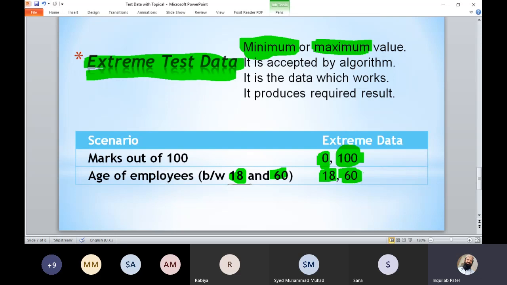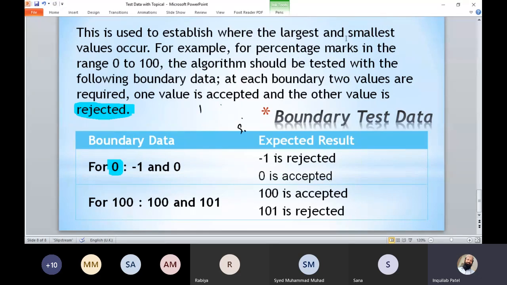These are considered as extreme data. But sometimes we have two values at each limit. If we have two values at each limit, one value will be at each margin, at each limit. One value will be accepted and the other will be rejected. This type of data is known as boundary data,